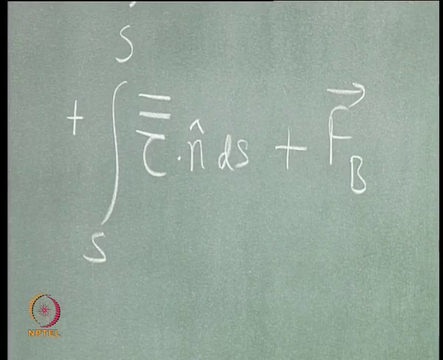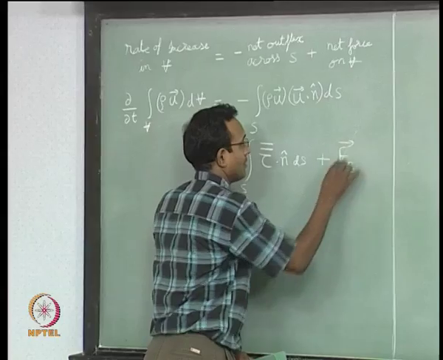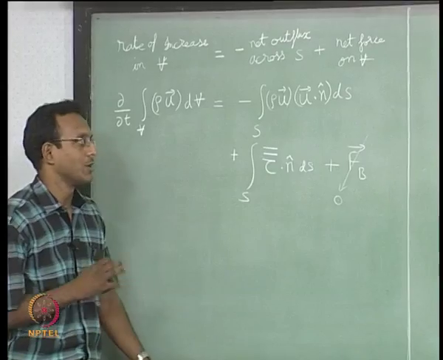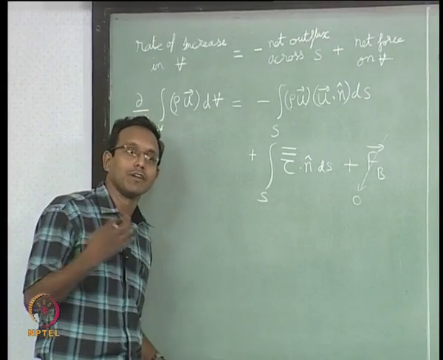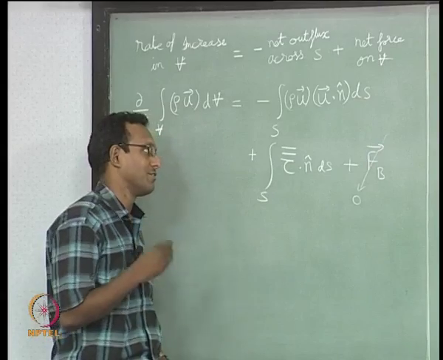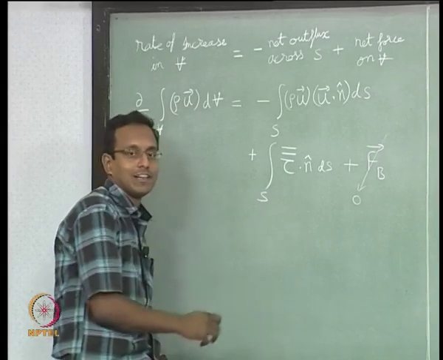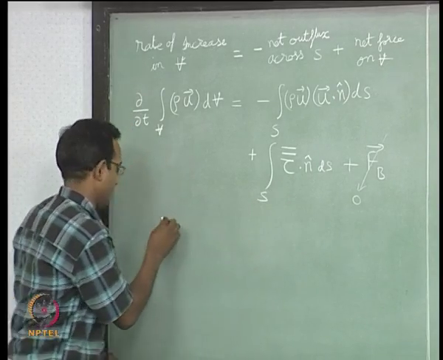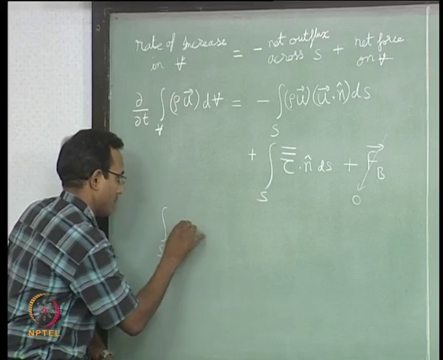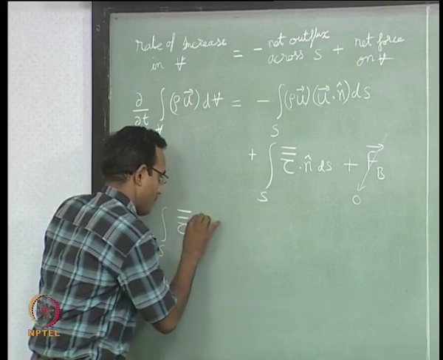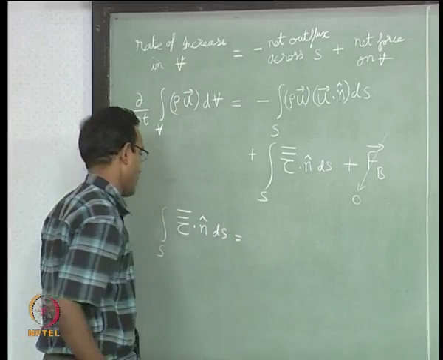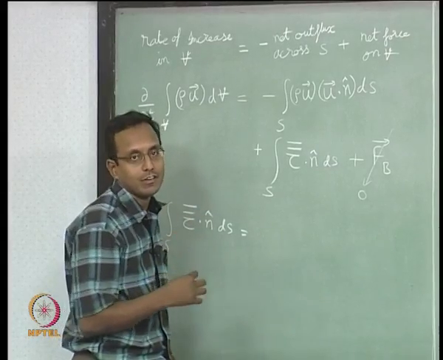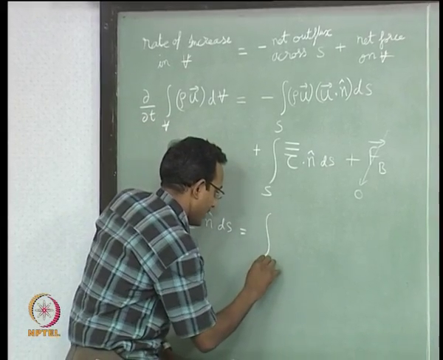Now, we will start simplifying this, and I will say this is going to be equal to 0 in most of my problems. In gas dynamics we will mostly say there is no gravitational field or any other body forces, electric or magnetic field, we do not have any of that, and we will simplify a little further. Now, I will write this whole term by splitting it into a diagonal term and an off diagonal term. I will keep only the diagonal term part,